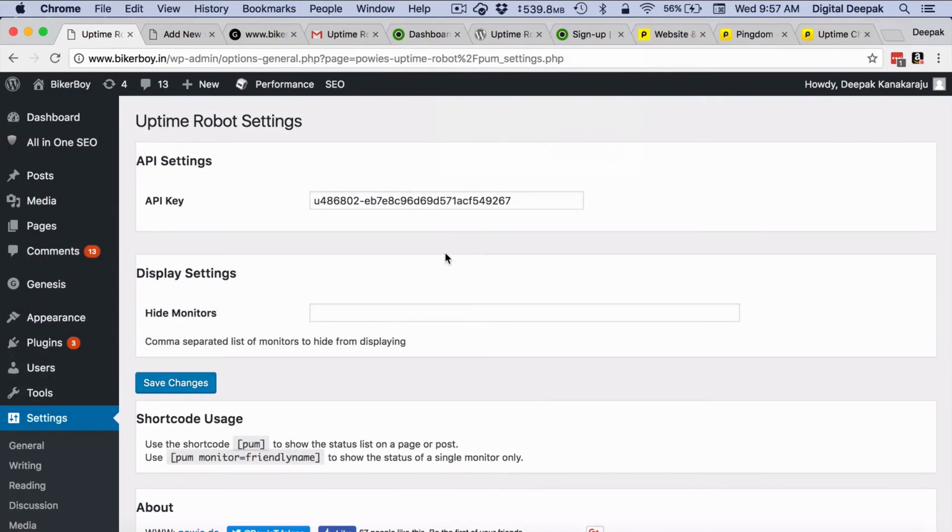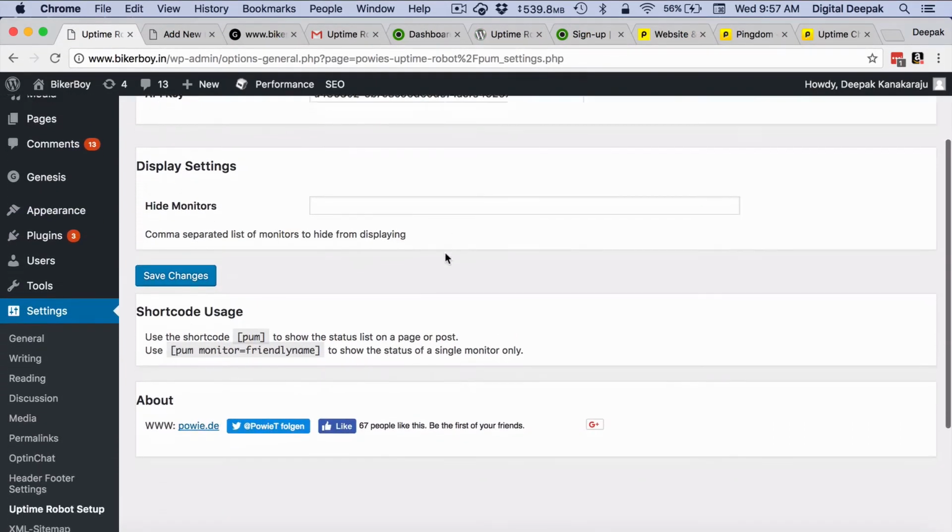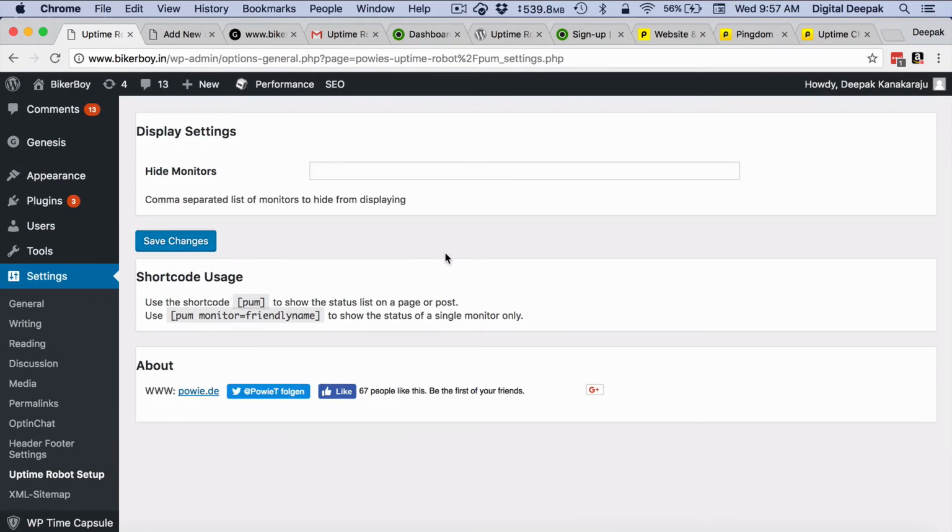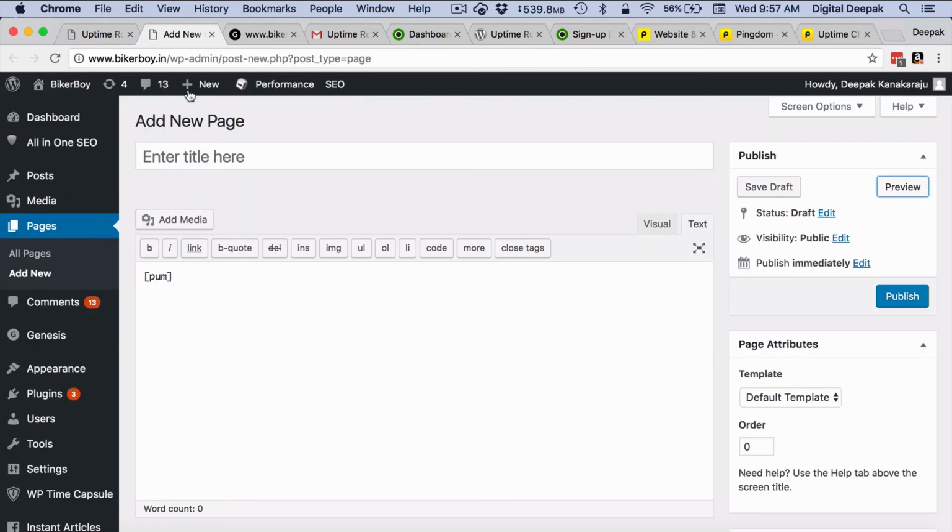What I noticed is that Uptime Robot does not have a dashboard which you can see from inside your WordPress blog directly, but they are giving a shortcode which you can post on a page or a post and then check if your site is up. This is also something that you can showcase to your visitors. So I will just create a new page called Biker Boy Uptime Status.